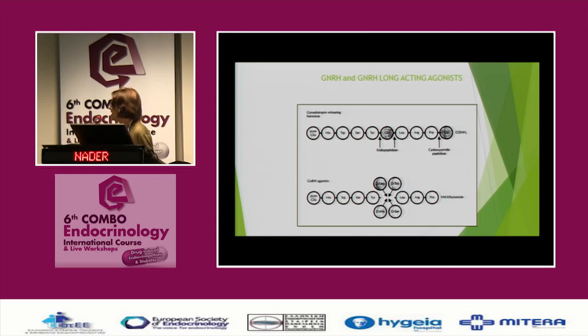And GnRH itself is a decapeptide, a fairly simple molecule, and they changed some of the amino acids like leucine, tryptophan, and histidine, and they brought about different compounds that had agonistic action.